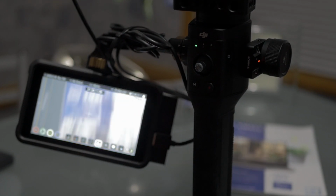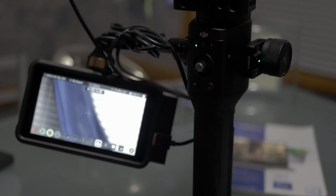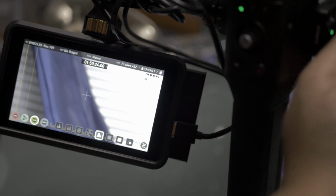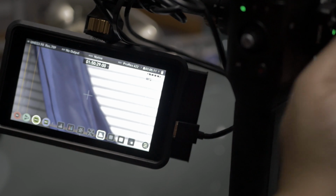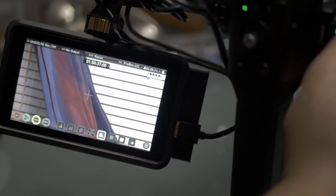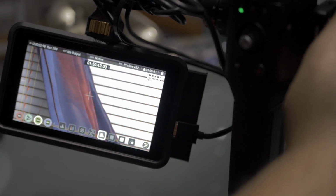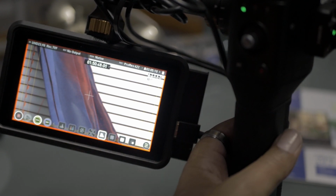Once I do a power cycle, the camera boots up and now we see the light is back green. We can focus. We peep in here. We can see that we can move in, focus on the blinds in the back. Again, I got focus on slow, but eventually we will start to see some red peaking as we are in focus, and peaking is doing what it's supposed to do. And go back and I can record. See, now we are recording